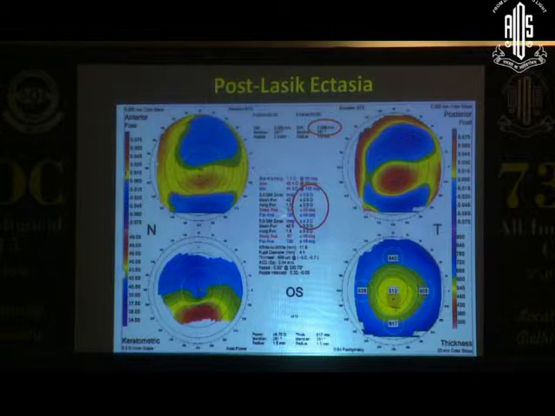And you can see here the main thing, this will change, and the irregularities have changed, both in the 3 mm zone and the 5 mm zone. And the posterior float which I said has become very high.